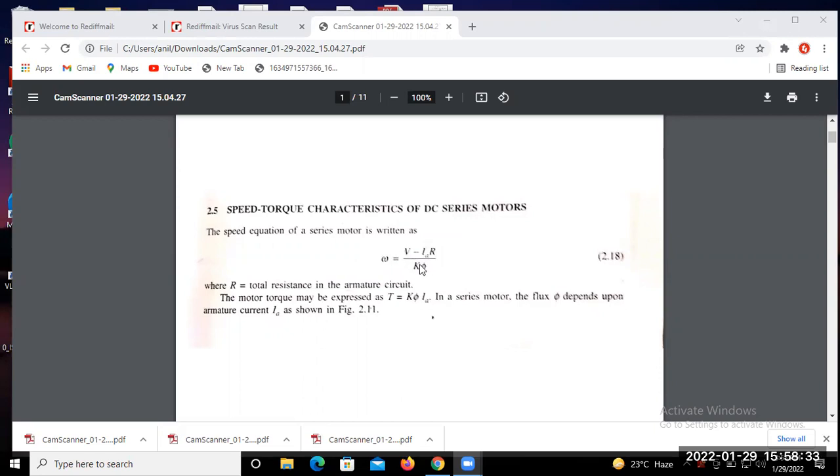V बाय K इंटू फाई की जगह K1 इंटू IA माइनस IA की जगह स्क्वायर रूट ऑफ T बाय K1 इंटू K, इंटू R डिवाइडेड बाय K इंटू K1 IA।